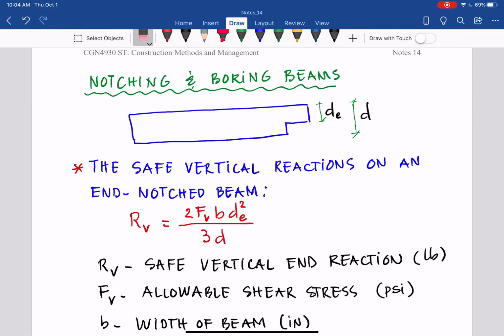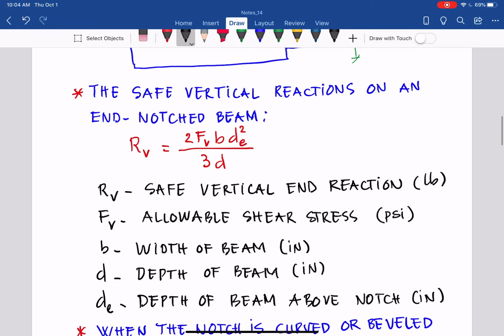As you saw in the previous lesson video, to connect the timber or wood to other structure, we need to notch, bevel, or curve it. And how do we determine the safe vertical reactions with the end notch? You see in this equation that RV is the safe vertical end reaction, and FV stands for allowable shear stress, which